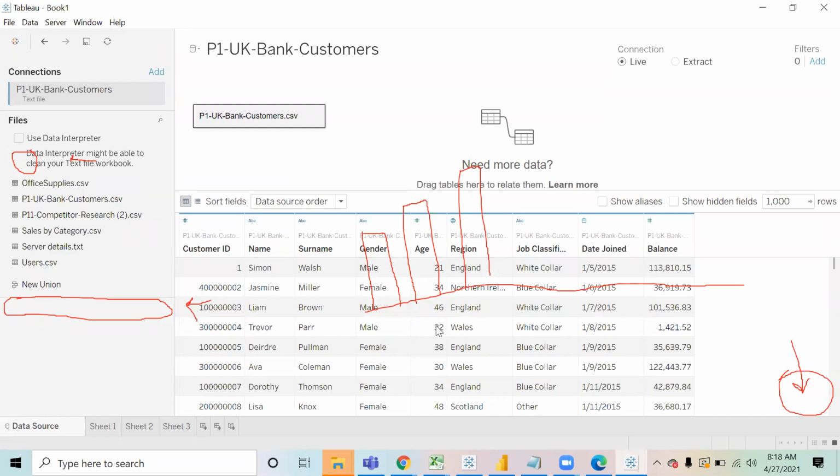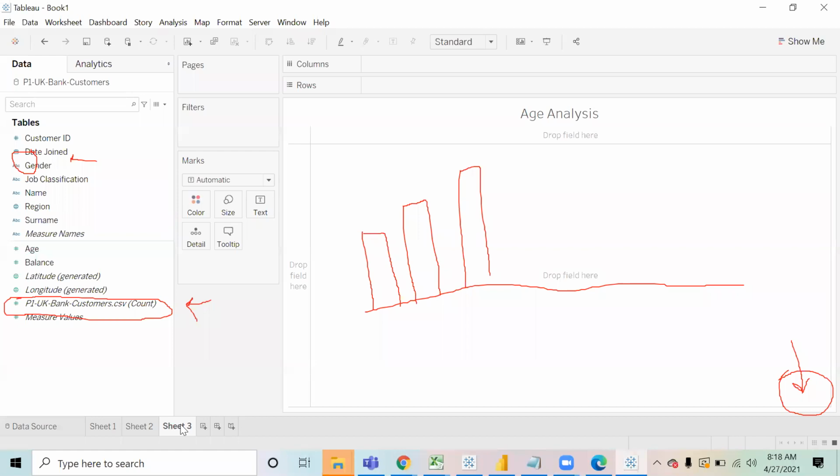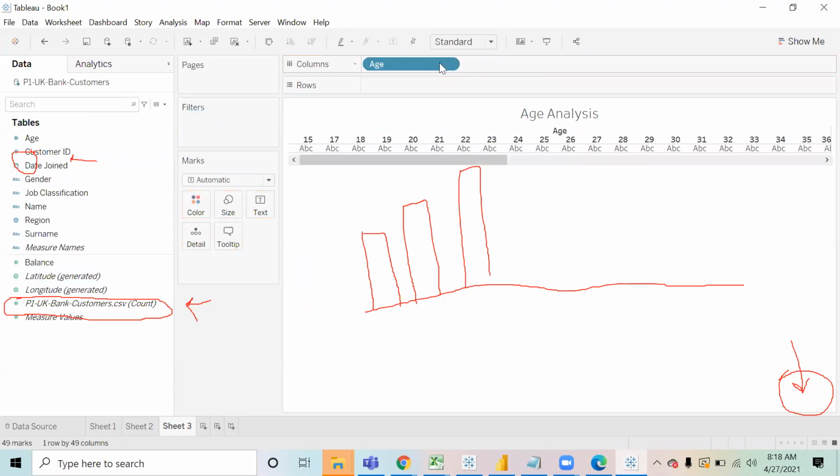I want to see all these unique ages on my chart. So what I will have to do in this case is first convert my age into a dimension. If I convert the age into a dimension, now if I bring the age over here, Tableau will not sum it. Tableau will give me the independent age.